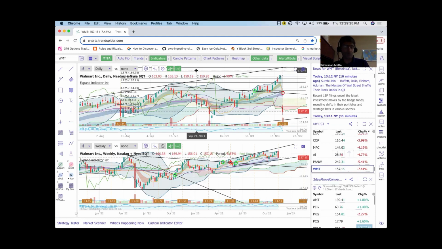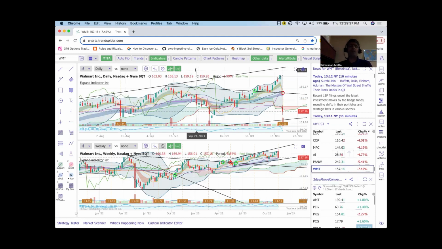As you know, I always believe in a three-wave correction at least. So when you look at a stock that is going up, you also have to see if it did any kind of correction. It never goes up in a straight line. If you look here, from August 17th to September 13th, it went up from a price of 155 to 165. And then it started falling down and it formed a lower low.